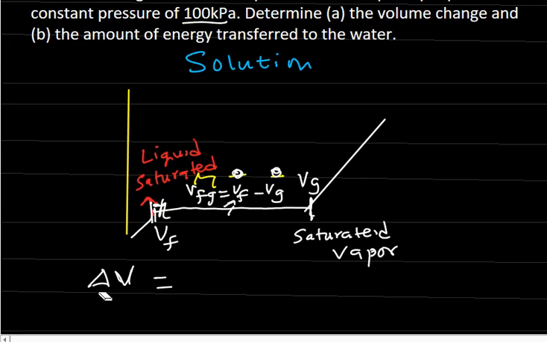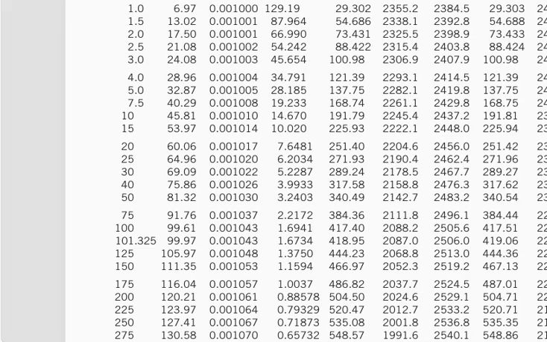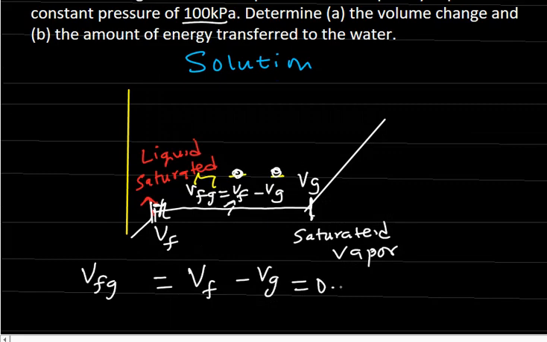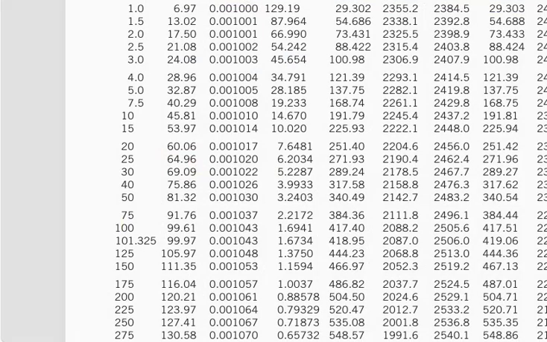But first of all, let's calculate the Vfg. Vf at 100 is 0.001043, minus Vg at that same pressure,